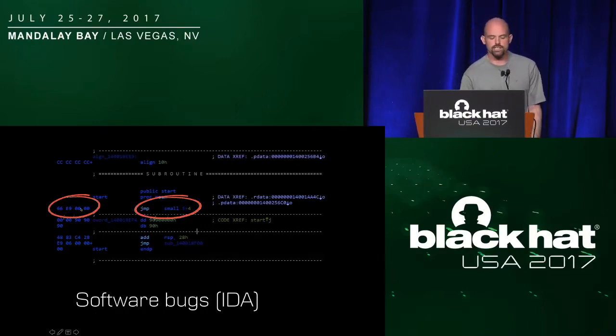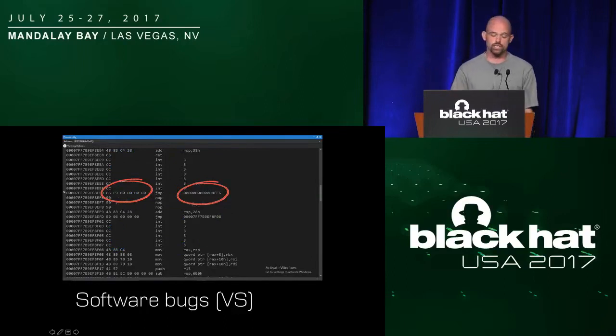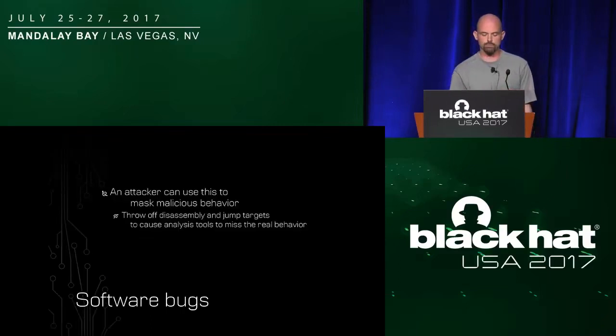You'll see that IDA is parsing this as a 4-byte instruction because it thinks that this 66 override prefix changes this to a 16-bit operand. That's not the correct behavior. This instruction is not being parsed correctly by IDA, our reverse engineering tool. Let's look at it in Visual Studio. Visual Studio has a different version of the same bug. You'll see that it actually does recognize, even with the 66 override prefix, this is a 32-bit operand, but it thinks the 66 override prefix causes the jump target to be truncated to 16 bits. That's also not the correct behavior. Visual Studio is not correctly resolving the target of this jump instruction.